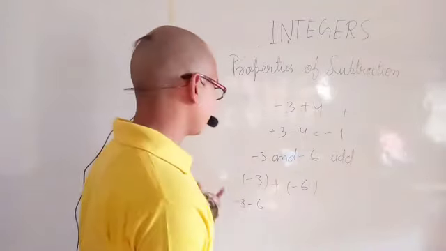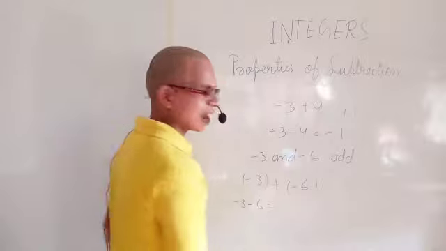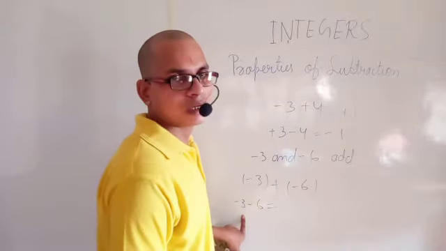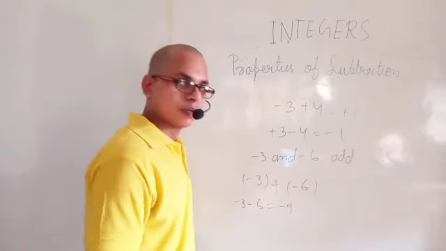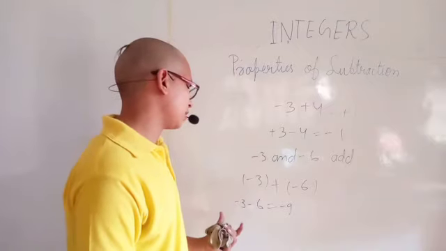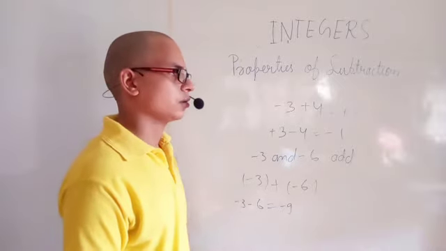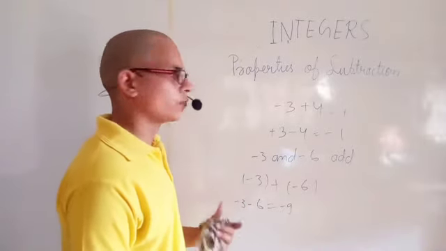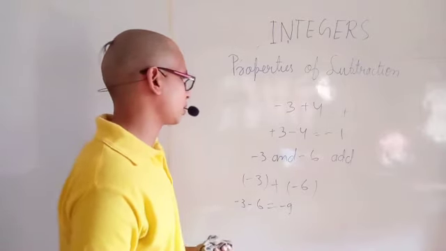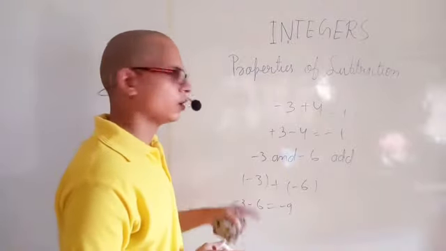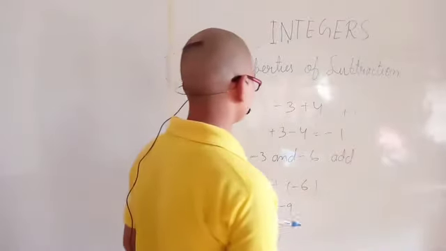Okay, if we have two integers and both are negative, both will add but the sign will be negative. Means 6 and 3 we have 9 but the sign will be negative. If both have the same sign, that's why we take the same sign. In that way we can find for 4, 5, 6 numbers, like minus 3 minus 4 minus 5 minus 7 minus 8. All will add but the sign will be negative. Okay, we can also represent all questions on a number line.